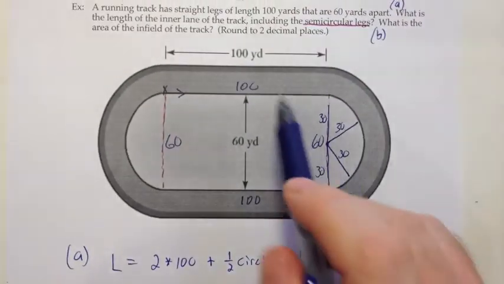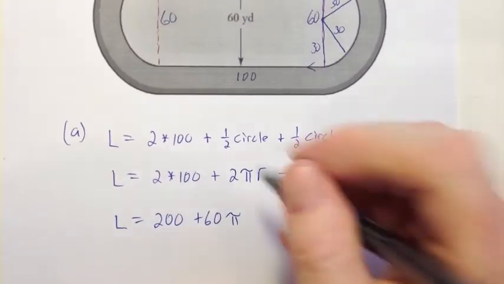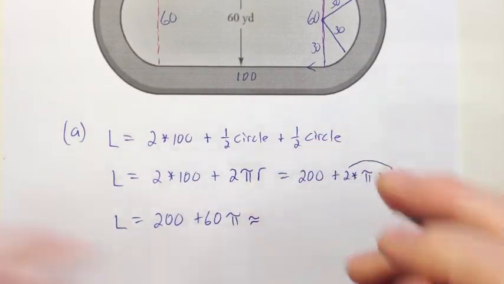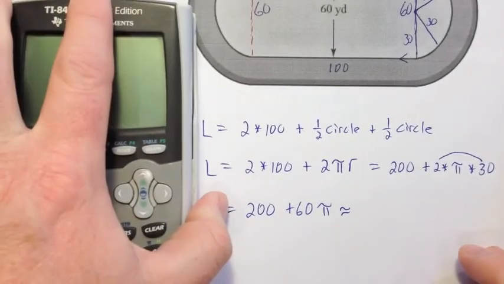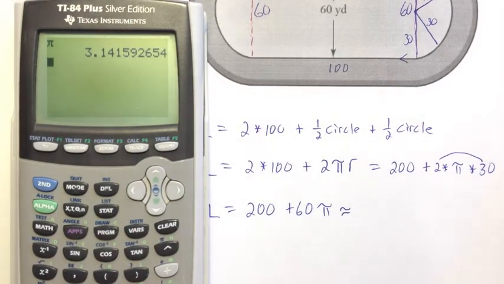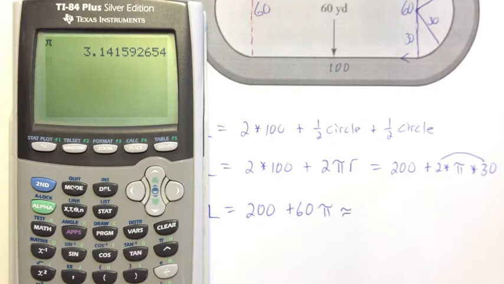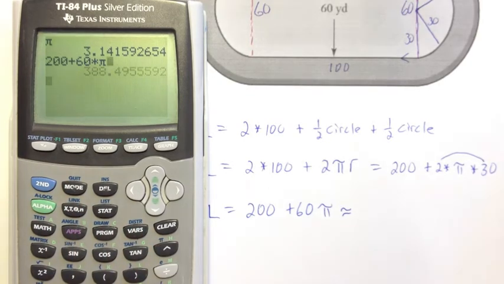But if we look at our directions, they want us to round the answers to 2 decimal places. So I'm going to put this into the calculator and give a rounded answer. So let's see what that answer would be. Bring in the calculator. Just a reminder, I said when you're going to use pi, to use this pi button. So I'm going to do 200 plus 60 times second and pi. And I get